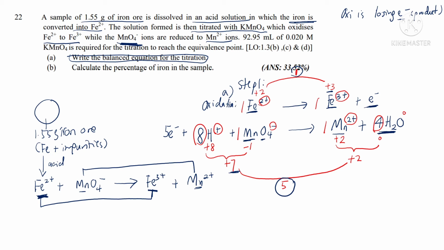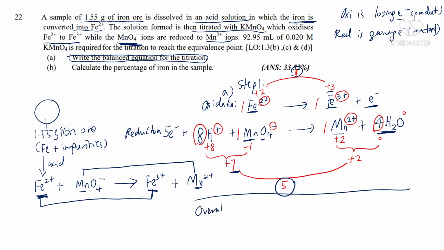While for the manganese half equation, it is reduction, because reduction is gaining electrons, having the electrons on the reactant side. So this is the reduction half equation. So how do we get the overall redox equation